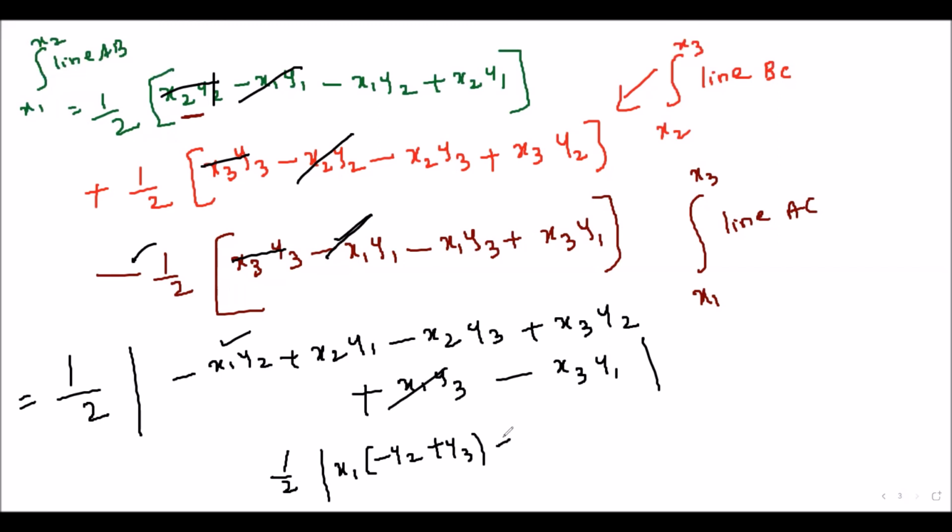Now I'm taking X2 common outside. If I take X2 common outside, I will get Y1 minus Y3. So this X2 term is also over. Now I am taking X3 common outside, so I'll be getting Y2 minus Y1. The only difference from the formula you have is that X1 into Y2 minus Y3 will be there. So it is not a big deal. Look here, this one I will take the minus sign.